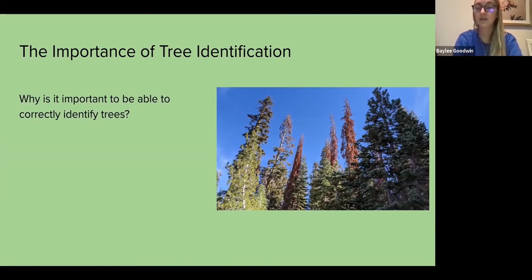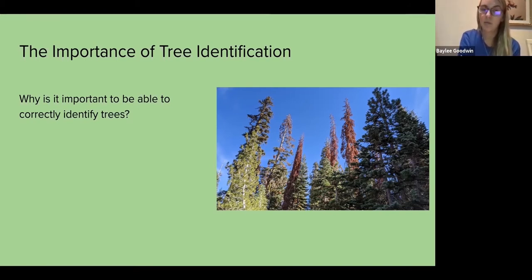There are many reasons why it's important to identify trees. I personally enjoy being able to go on a hike and walk through the forest and know what's around me. I feel like I have a better understanding of nature when I know what's around me. So I can look at a tree and tell my friends, hey guys, go smell that bark. I bet you it smells really good. And they're almost always impressed when it does, because most people don't go around sniffing tree bark. I think that it's kind of a fun fact that you can share with friends and family on hikes, but